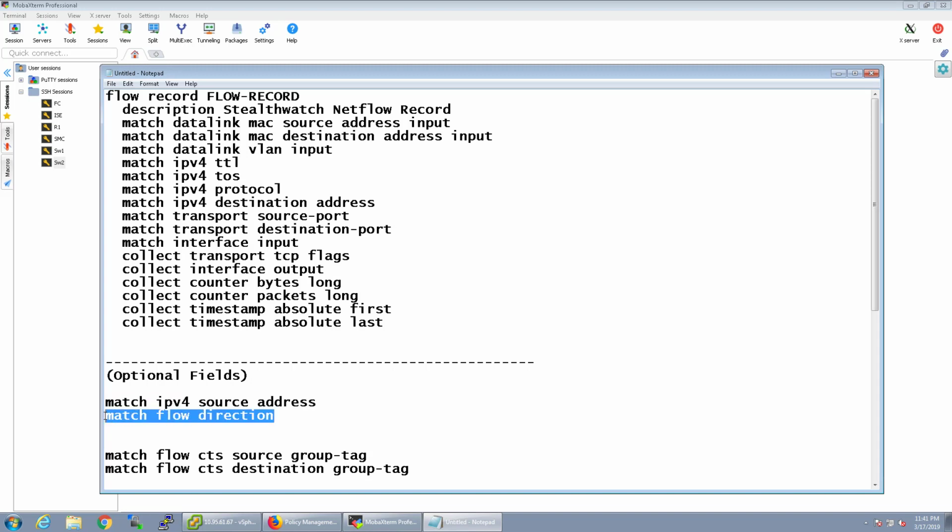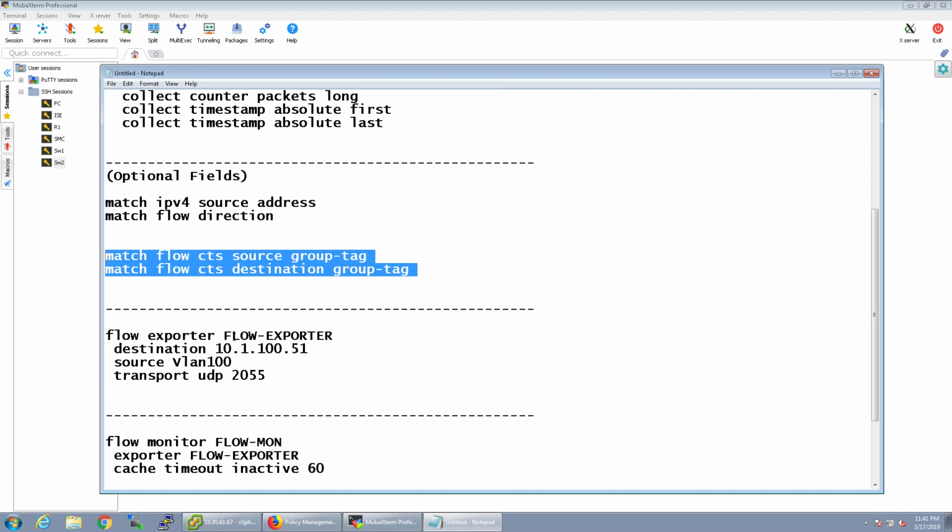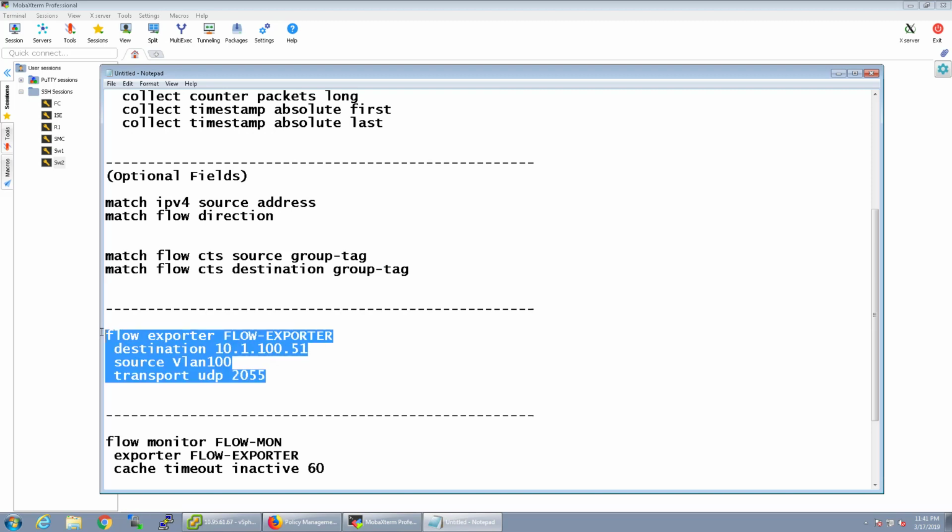I like to, in newer versions of code, you're actually able to also match the flow direction. And if you have TrustSec enabled, you can actually include the source and destination group tag in that NetFlow record. So I tend to add these little things at the end for the switch config. And then for my flow exporter, as you can see here, the destination IP address is